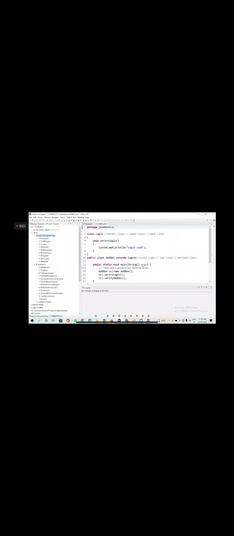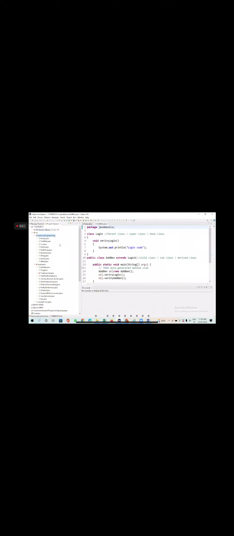The next one, second option: import package name dot class name. What do you mean by import package name dot class name? You have 1000 classes, out of which you want to import one class. In this example, I'm using dot star, right? Instead of using dot star, I wanted to use Basics of Programming. How many classes you have doesn't matter. Now I wanted to import, for example, any class like Arrays.